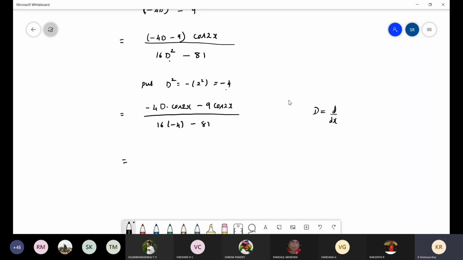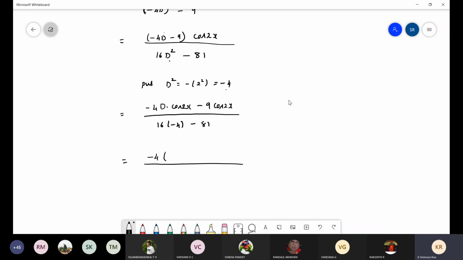Since D is there, D into cos 2x, that's why I told we will write this term first. D into cos 2x and cos 2x into D are both the same, but actually D comes first because D stands for differentiation of the function. So accordingly, we will write that as the numerator. Now it is minus 4 into